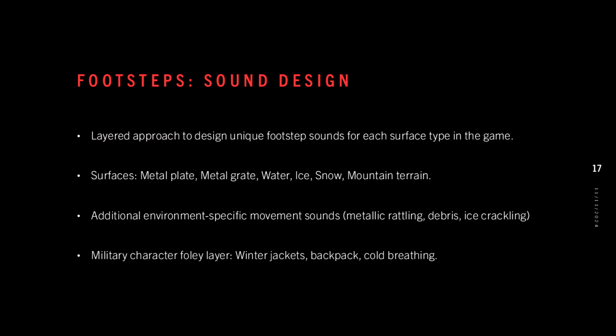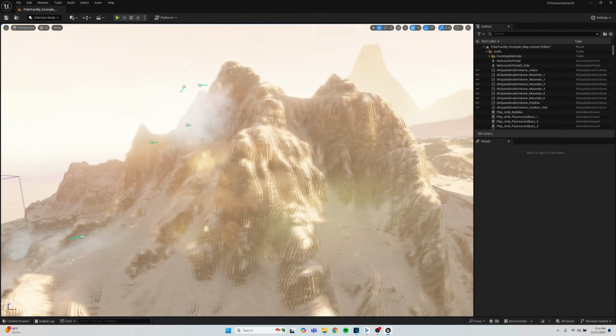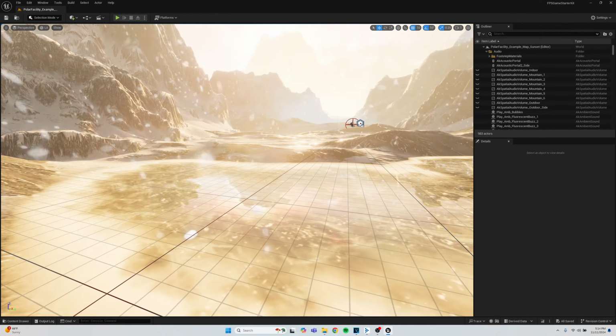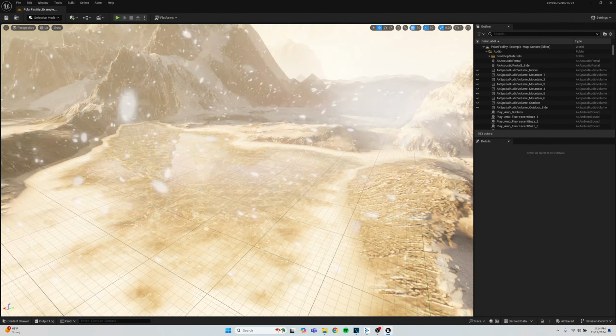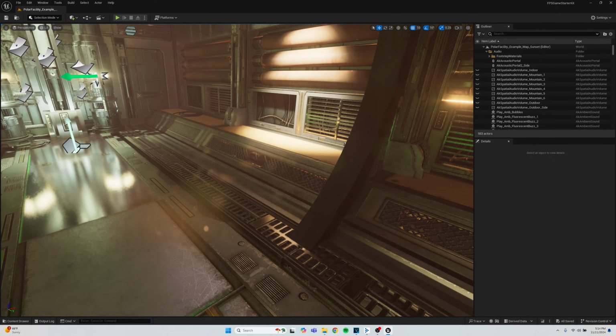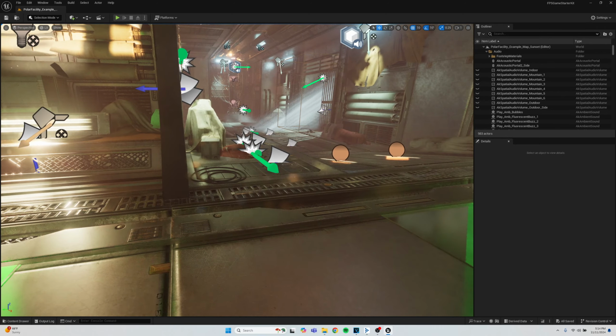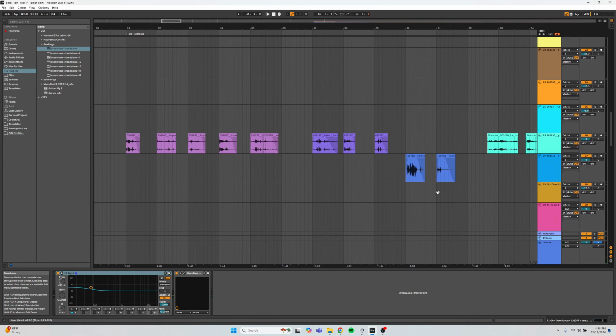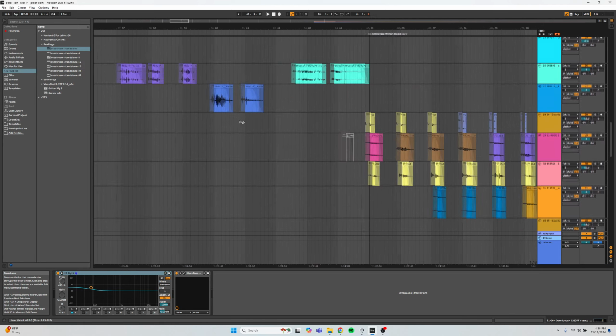Using a layered approach, I designed unique footstep sounds for each surface type in the game. In this environment, I had surfaces like a snowy mountain terrain, ice, snow, water, and two different types of metals, metal plate and metal grate. Each of these surfaces needed its own distinct footstep sounds to really sell the atmosphere and give weight to the